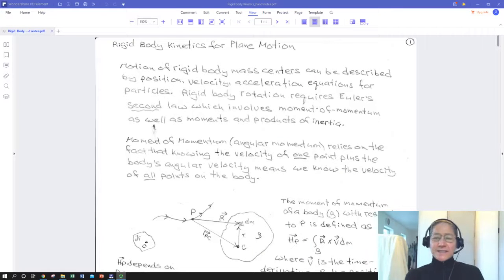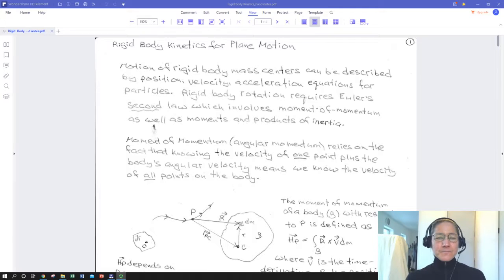Welcome, dynamics students. In this lecture, we're going to jump from our knowledge of particle kinetics, the movement of a particle or a rigid body, or excuse me, any body at its center of mass under the influence of forces, plus what we've studied about kinematics of rigid bodies in planar motion, and put those together and start looking at rigid bodies in planar motion kinetics. In other words, how a rigid body that's undergoing only planar motion is going to move when subjected to forces